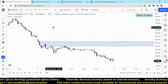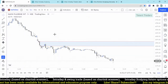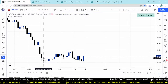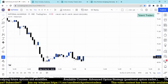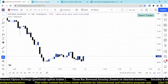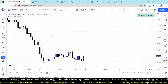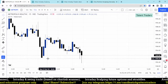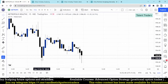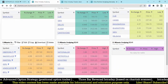So let me go for National Aluminium on 15 minutes. What happened there in the 15 minutes time frame is three consecutive negative candles. So let's look at this. It was not breaking your stop loss and it triggered your entry with a small move, and then again it was very flat in National Aluminium. And Metropolis, let me go for Metropolis. What happened there: in the first 15 minutes it never gave you the sell opportunity and initially triggered the buy reversal, and again the stop loss was triggered by end of the day. So to avoid such false signals,